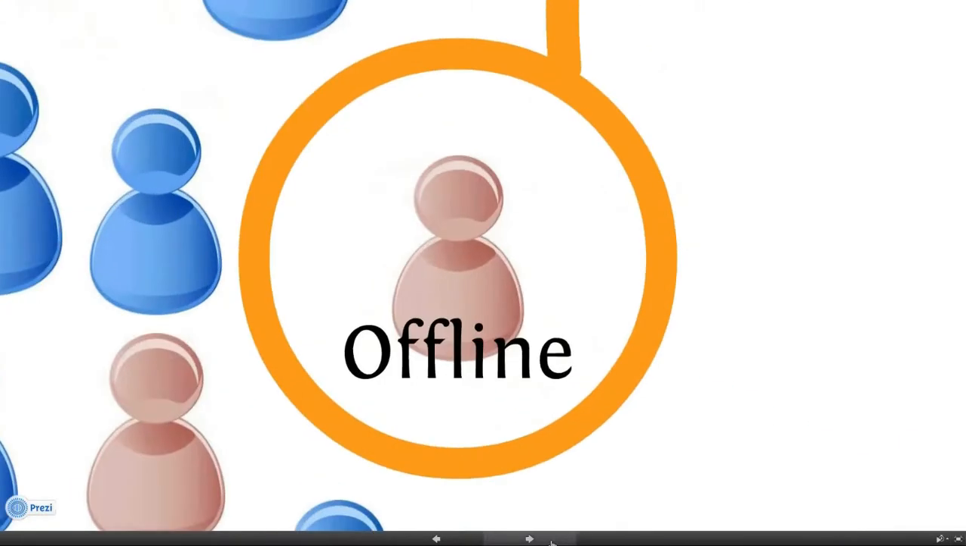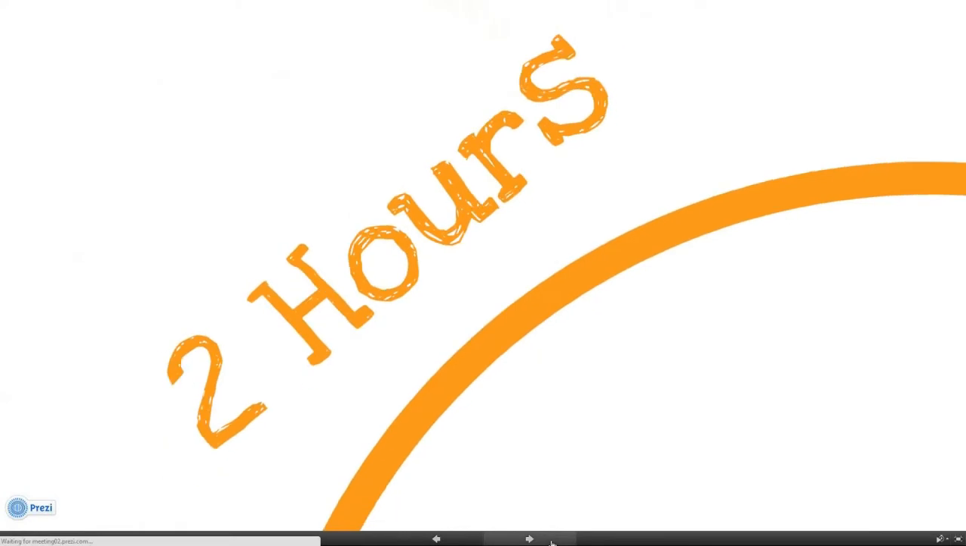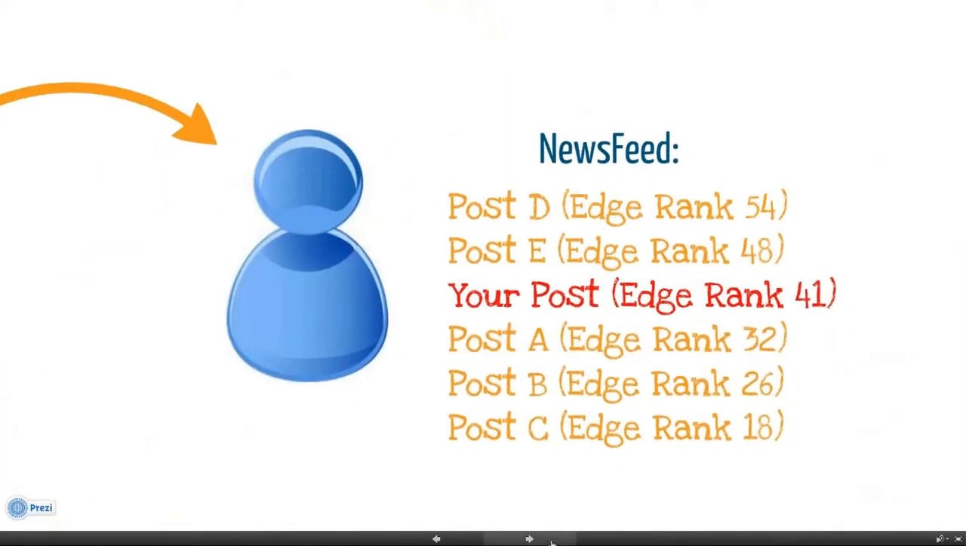Now let's take a look at somebody who was offline when you made that post. You know, they're still connected to your page. So let's say 2 hours later, they come online. Now that same post, holding all of their variables, is going to be lower down here, as you can see,